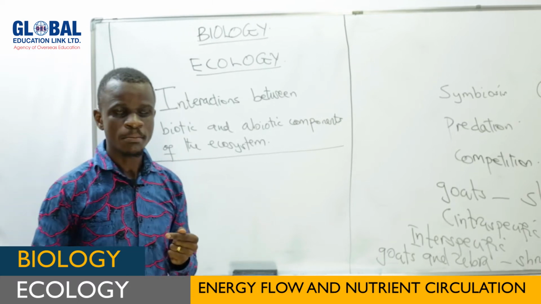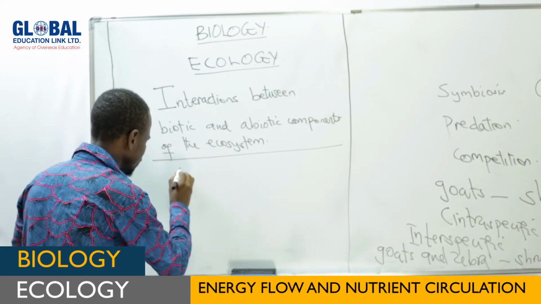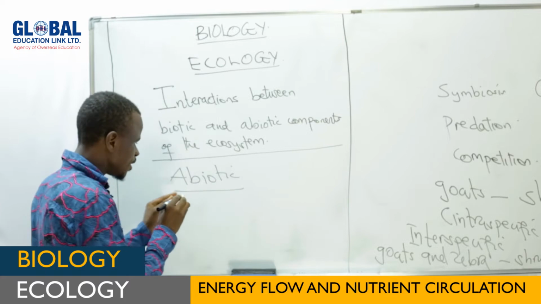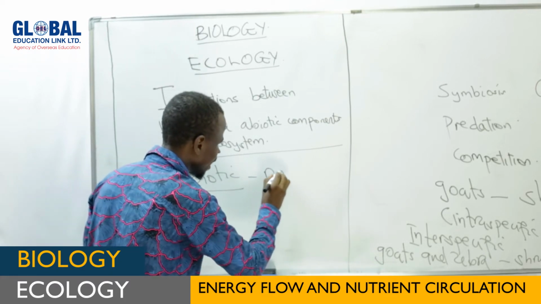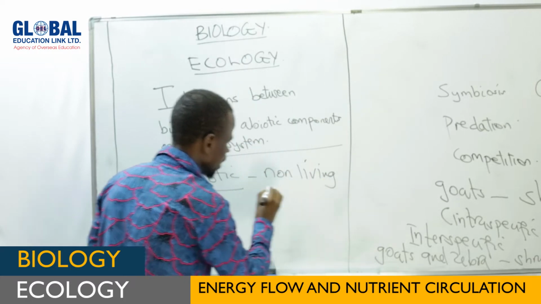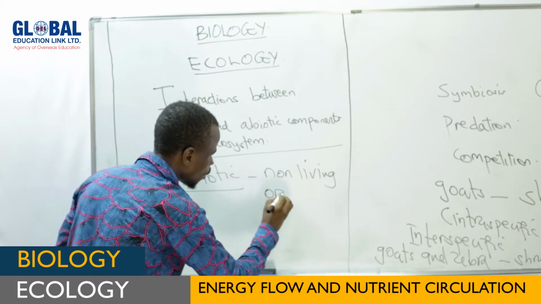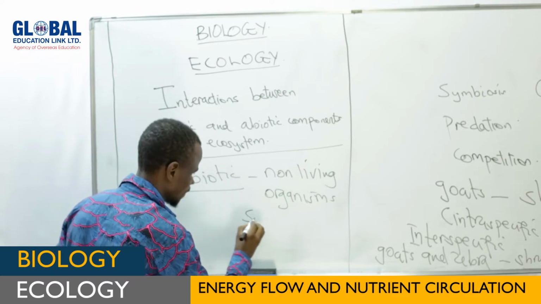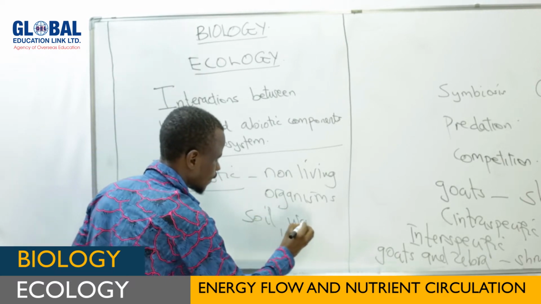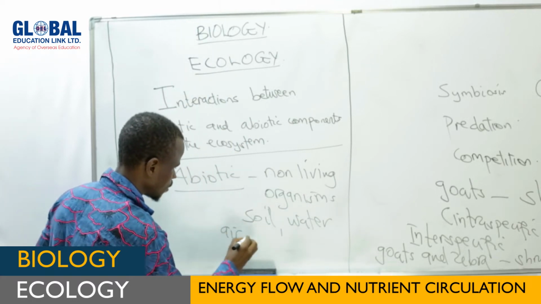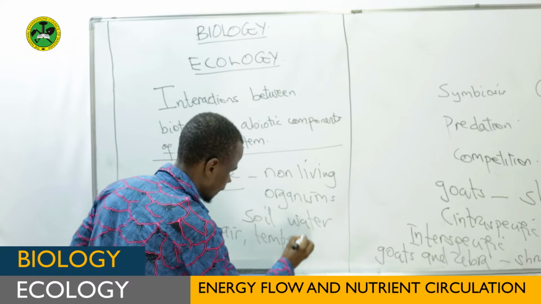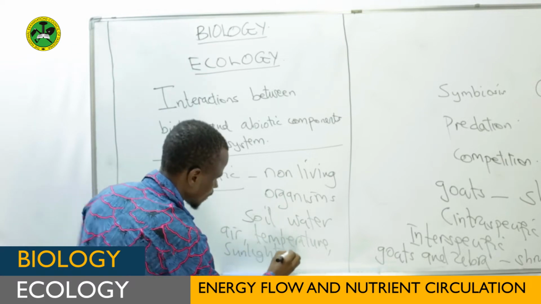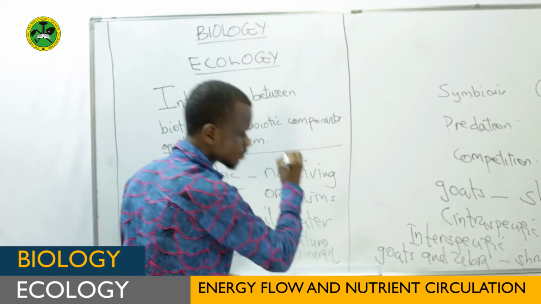Mind you, my student, we said about abiotic. A in biology means negation. Therefore, abiotic here is non-living. Non-living components of an ecosystem. Therefore, all non-living things are included here. Take an example: soil, water, air, temperature, sunlight, minerals,